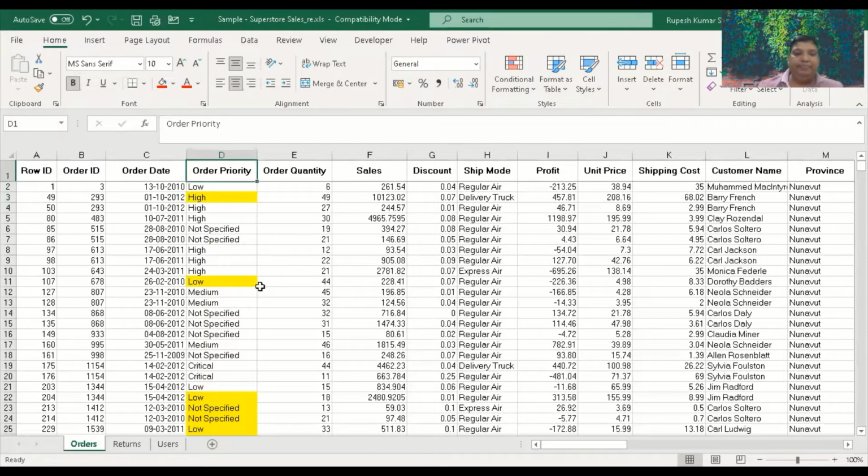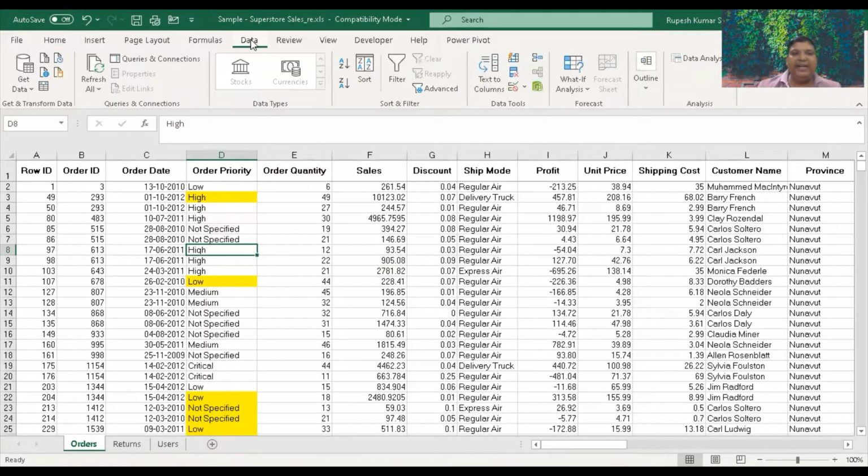Let us see. You can click anywhere in your sheet, go to data and apply the filter. Once filter is applied, you are required to go to the column in which you want your data to get filtered based on color.